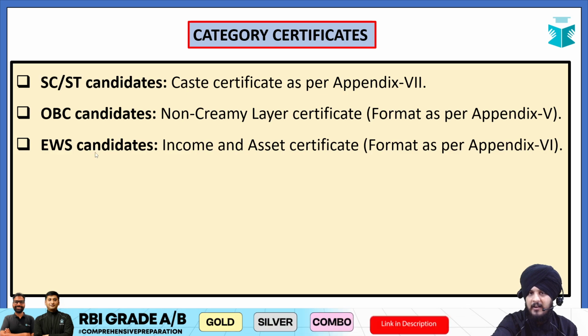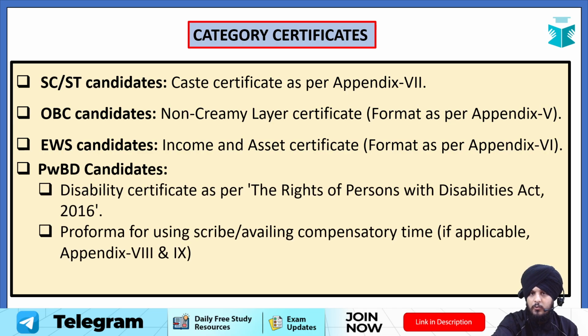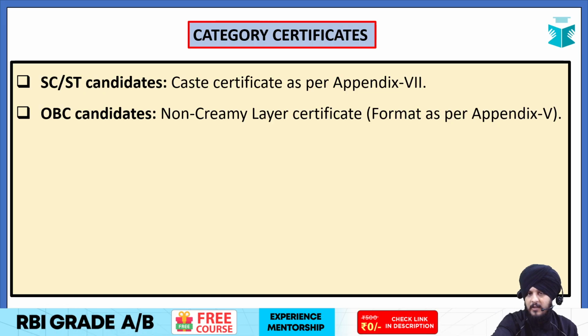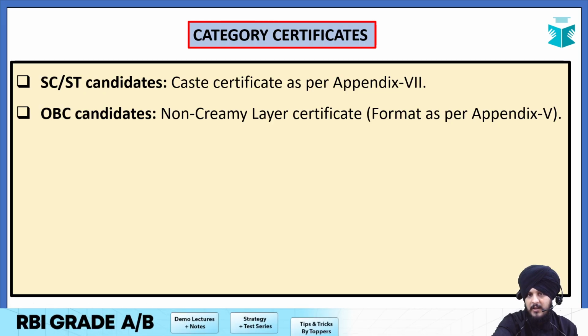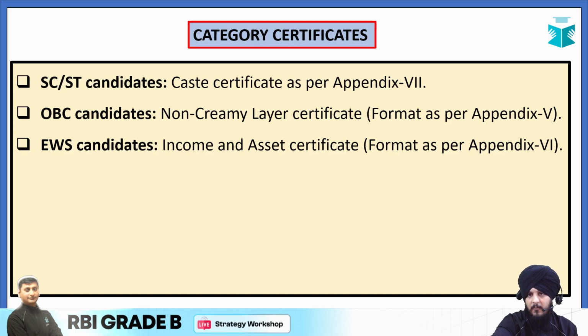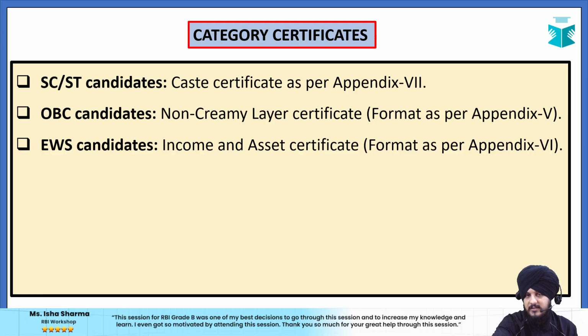Recent basically means the cutoff date that will be provided by RBI as a part of its notification. Last year, if I remember, the notification was released on 25th of July, and the cutoff date was I think 1st of April. So they will provide you around 30 to 40 days of time within which you will have to prepare these recent certificates for the OBC and the EWS candidates, not for the SC/ST candidates. Fine. So I hope it is clear to you.